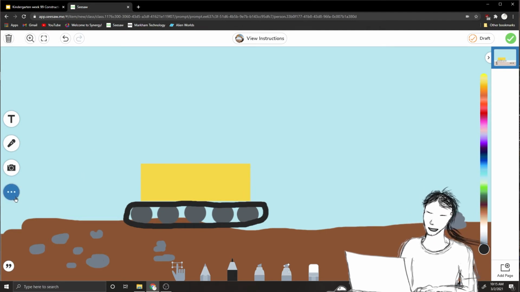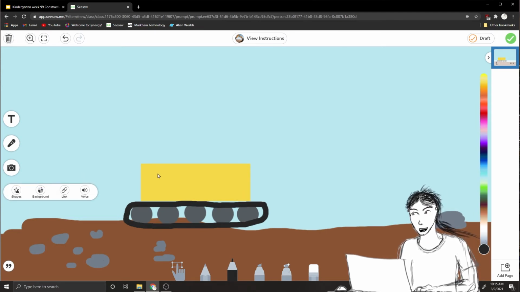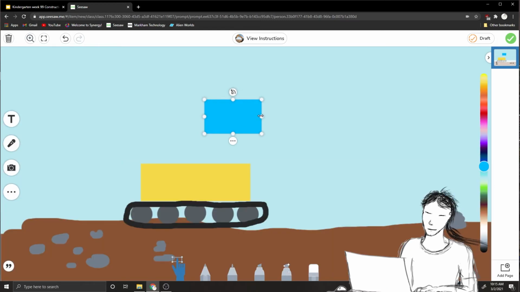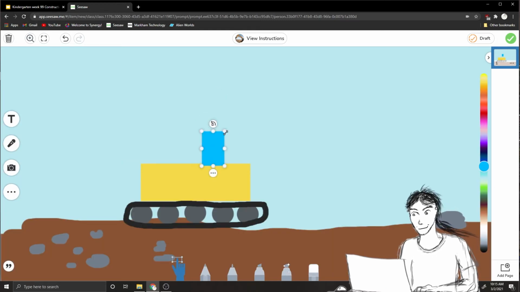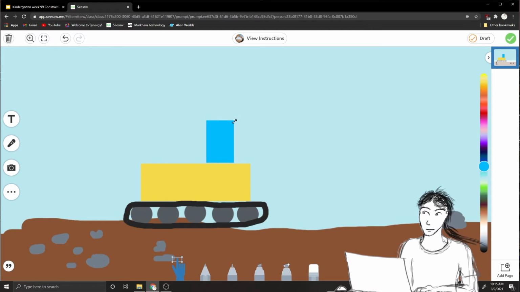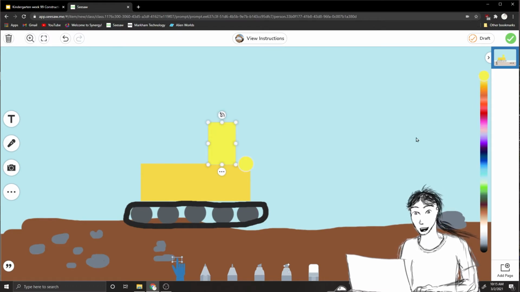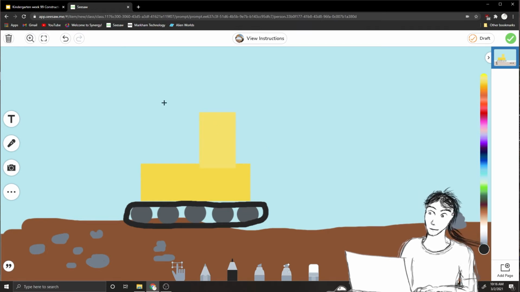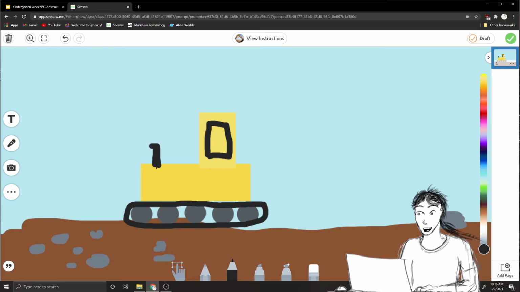Okay, let's make a few more pieces to this excavator. He needs a cabin for the person to sit in, right? So let's do another rectangle, and I'll put in a cabin, like so. And I think I want it to be yellow again, or orangish. Okay. And I could draw maybe some windows there. If I want, maybe I'll draw some details like that and like that.